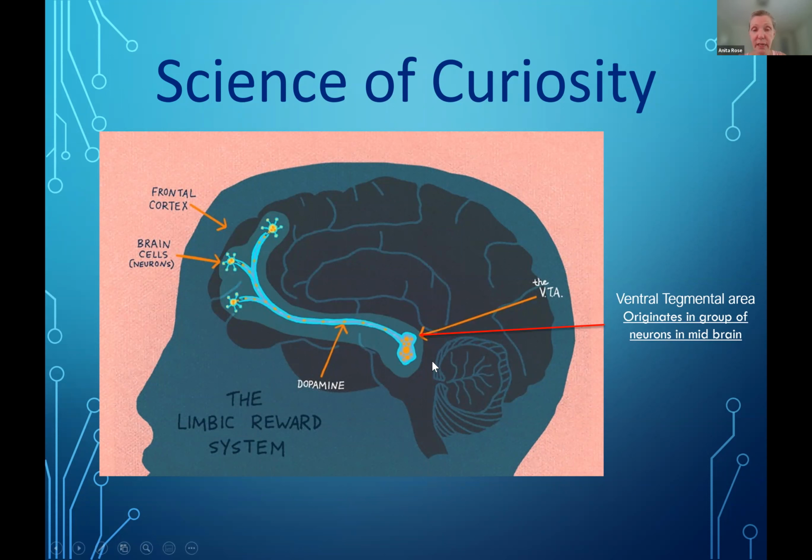Okay, so here the science of curiosity stems from the limbic system. It is here in this very section, the center of the brain, the ventral tegmental area. And I think most of you know about dopamine. That is the area that helps you fulfill enjoyment, right? So when we do something that feels good, like even checking something off a list that you've completed, you get a little rush of dopamine. And there are many other things that we do to have that dopamine rush. But it ties in with our curiosity. So please keep that in mind.